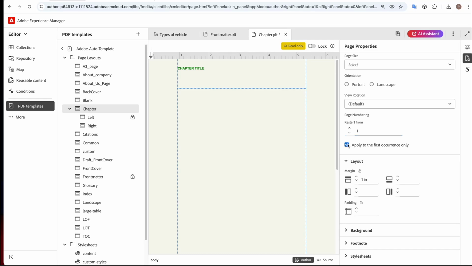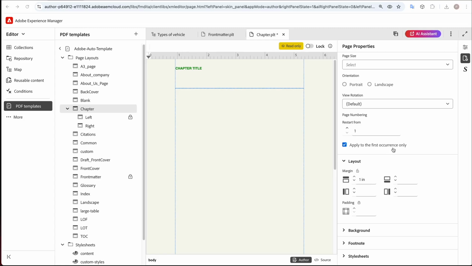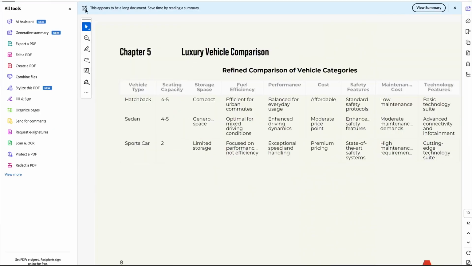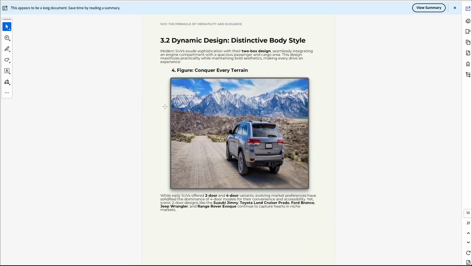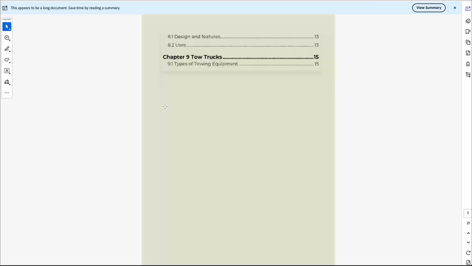For example, if I show you in the PDF, if I scroll to my TOC, you can see I have a chapter 1 starting with 1, but chapter 2 is starting with 3. That is, the page numbering is continuing and it is not restarting, as I have given in my PDF page layout properties. Now I'll jump back,